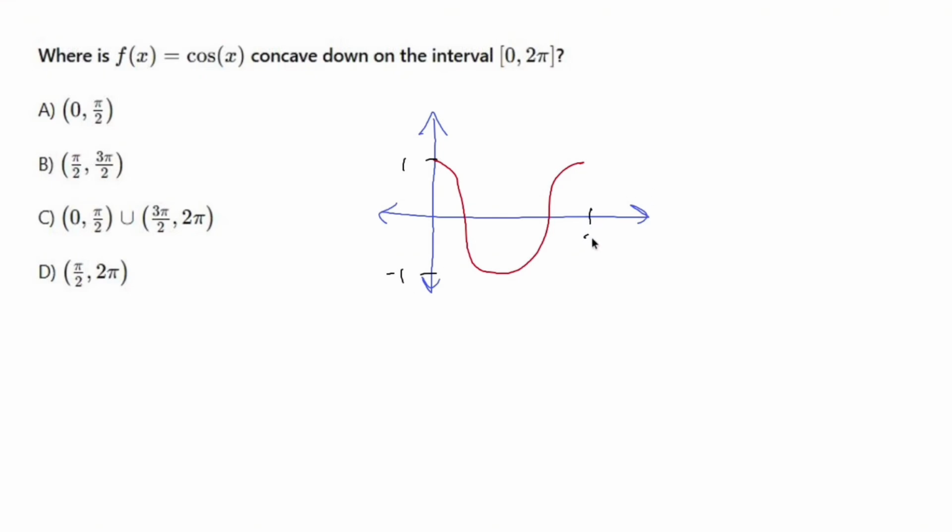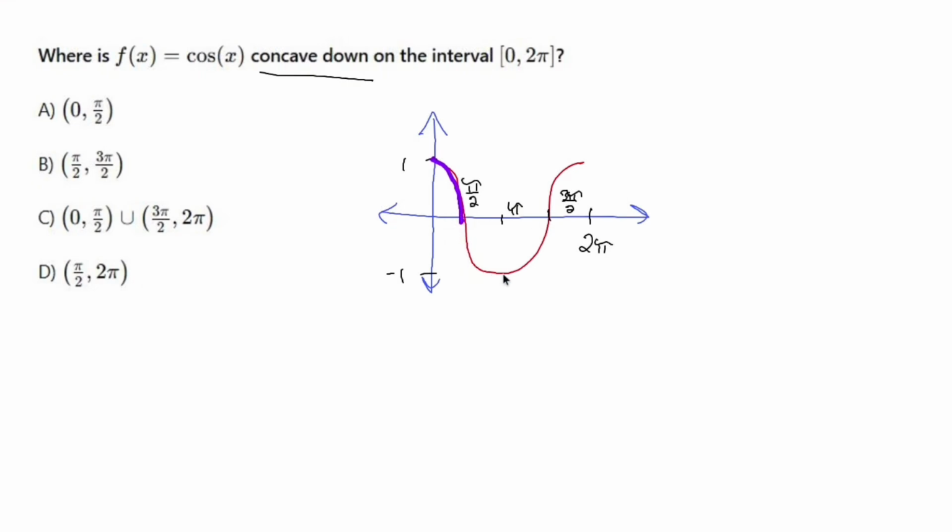Its period is 2 pi, which means halfway through is pi, and it crosses the x-axis at pi over 2 and 3 pi over 2. And of course it repeats, but again, we're only caring about between 0 and 2 pi. I care about where it's concave down in this case. So in this particular problem, it's going to be concave down between